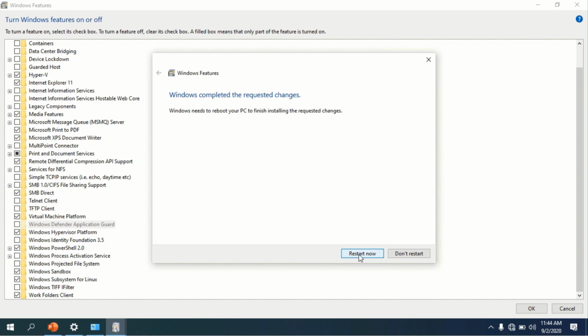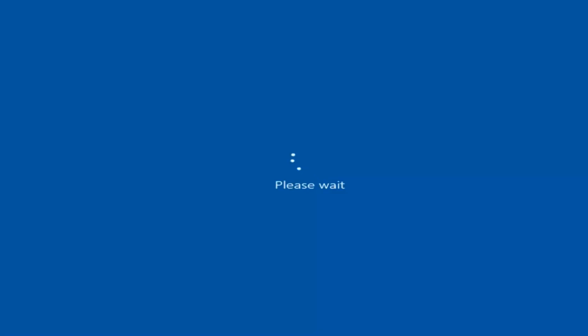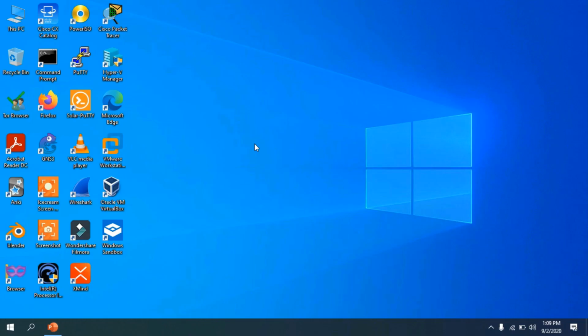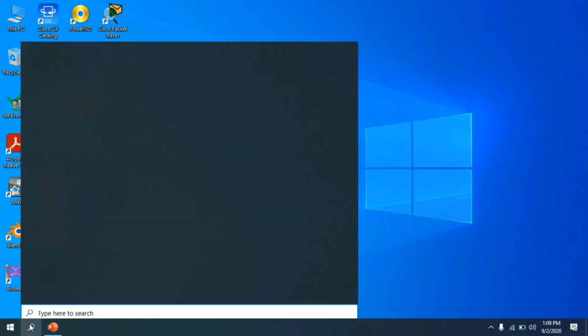Click on the Restart Now button to restart your system. Windows will apply the changes during the restart. Once Windows restarts, you are ready to install and run Ubuntu 20.04 LTS using Windows Subsystem for Linux.